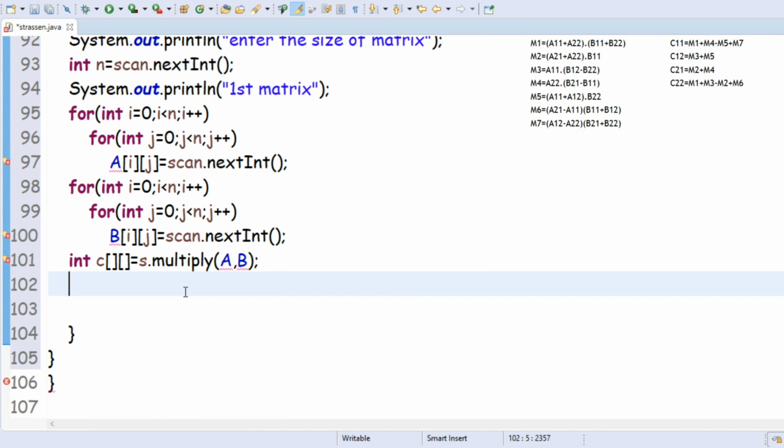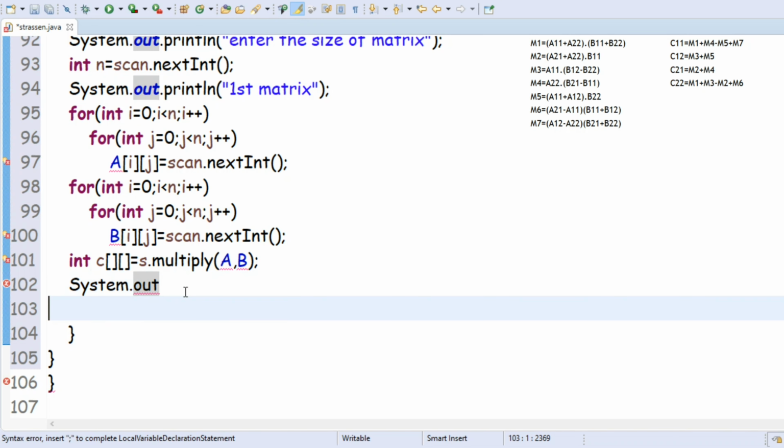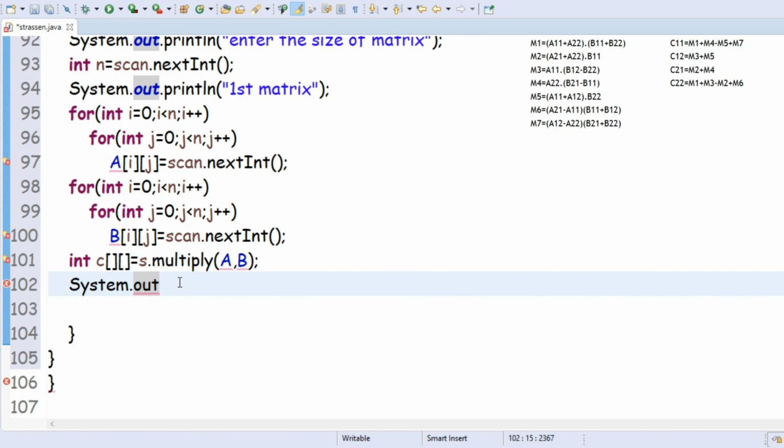After that, for finding the output, System.out.println, product of A and B matrices.